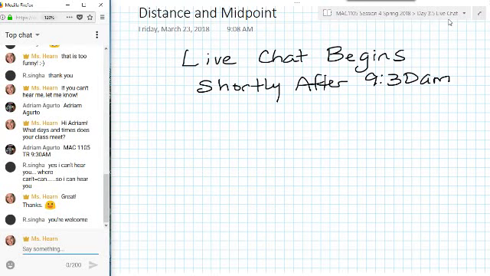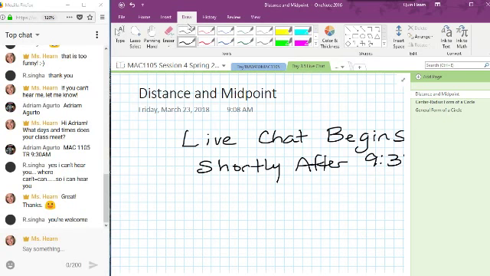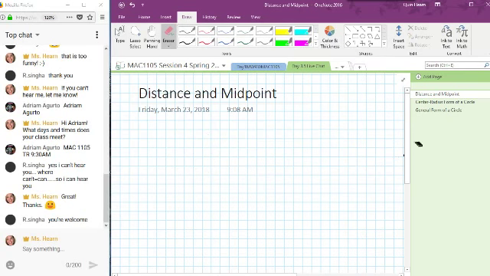Understand distance and midpoint. So we're going to start with that. By the way, I'm doing this in OneNote, the same OneNote program that we use in class for our notes. So you can find these notes from the link in your D2L classroom. So we're going to start with